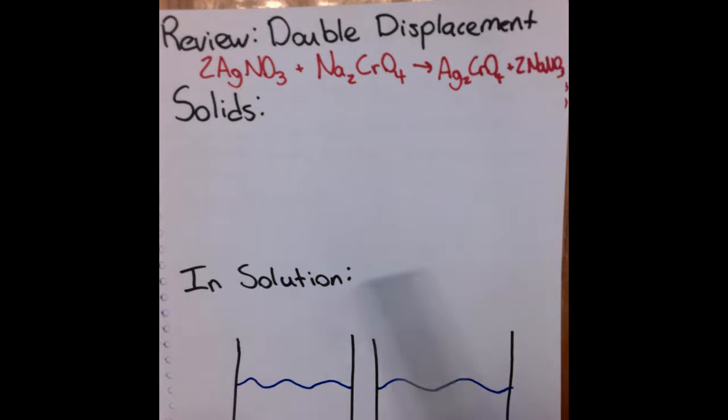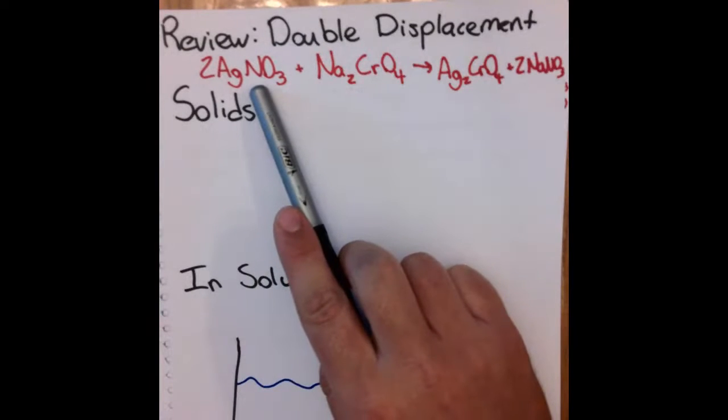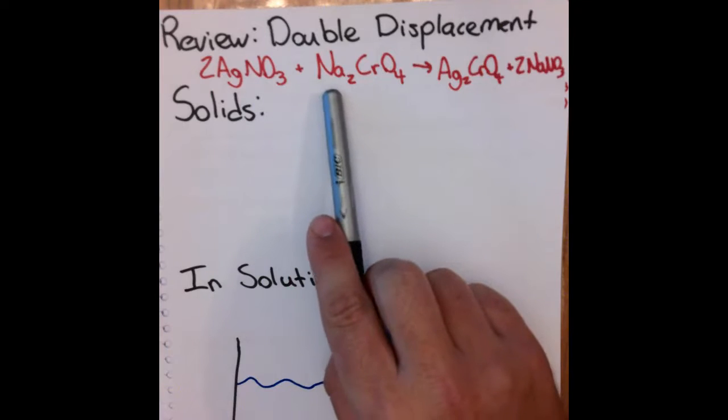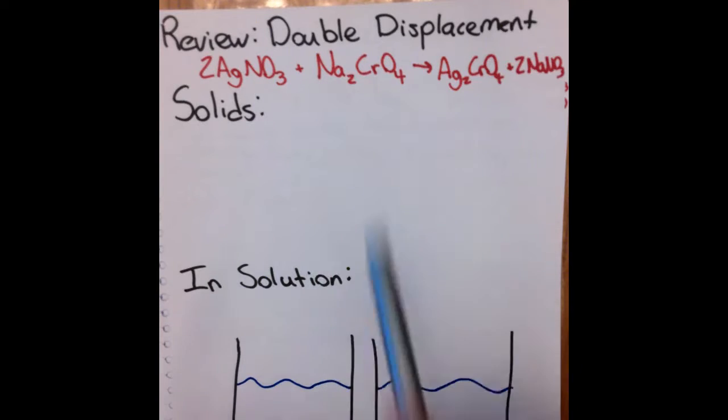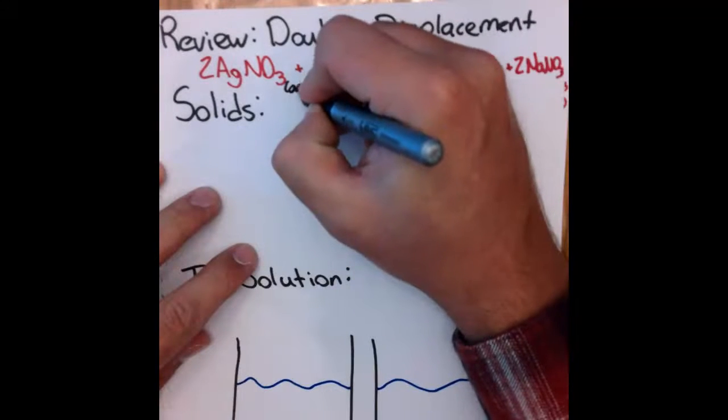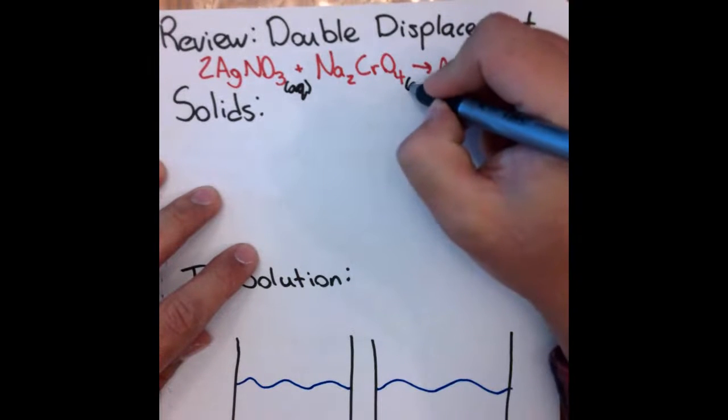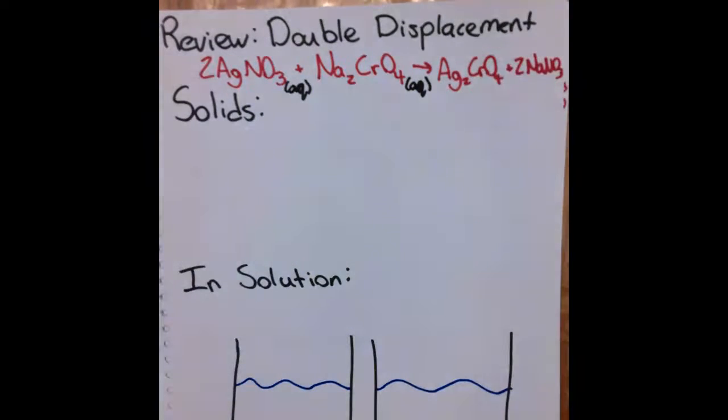So with this double displacement reaction here, we're taking silver nitrate and reacting it with sodium chromate. And each one of these solutions is going to be aqueous. But before we make each one of these into an aqueous solution by dissolving them into water, they're initially in a solid state. And what happens there is they're actually bonded to each other. So as a solid, your AgNO3